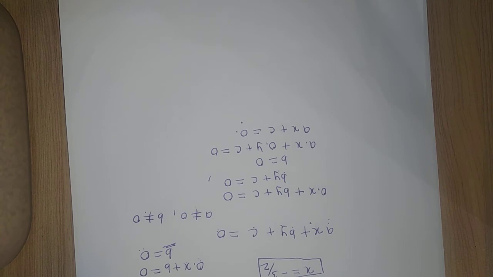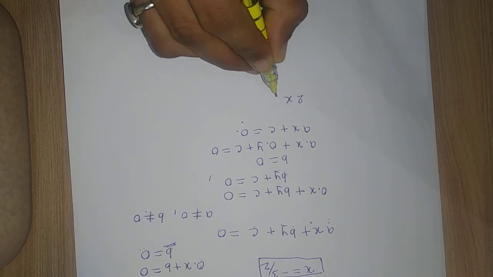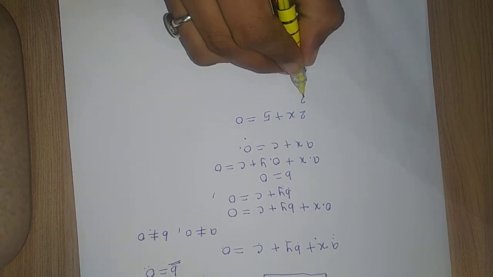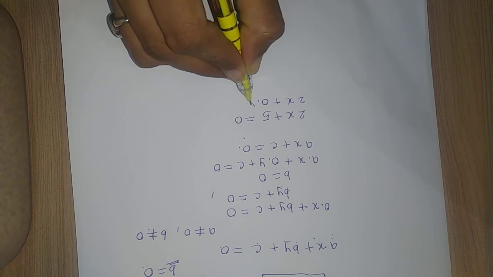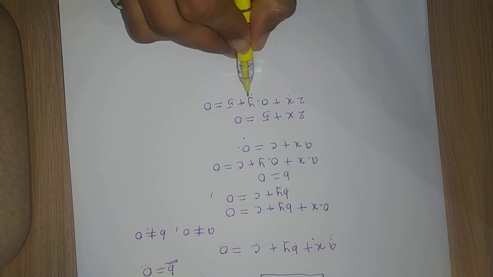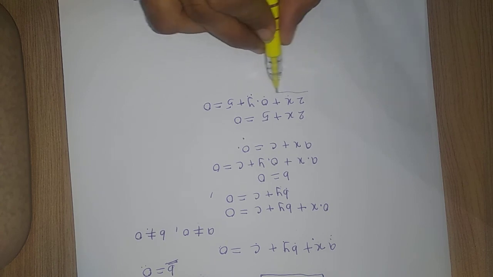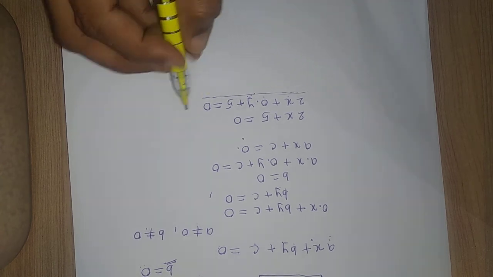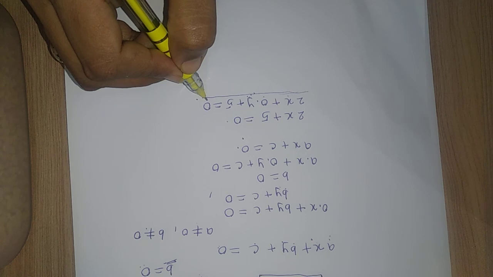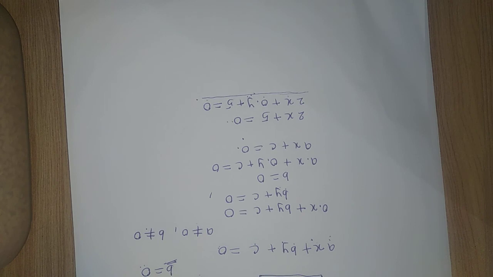Now, linear equation in one variable can be written as linear equation in two variables. Suppose we have an equation 2x plus 5 is equal to 0. So we can write it as 2x plus 0y plus 5 is equal to 0. So here x and y are two variables. Here coefficient of y is 0. But it is a linear equation in two variables. So linear equation in one variable can be written as linear equation in two variables. One variable वाली linear equation को हम two variables में भी लिख सकते हैं.